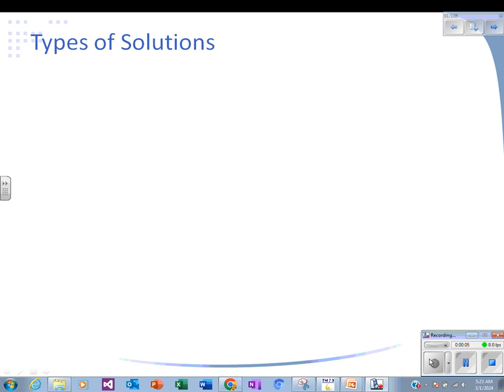Howdy, y'all. We are talking about concentration today, so let's get to it of our solution chemistry. There are three types of solutions when we're talking about concentration. There were three types of solutions when we were just talking about types of solutions, solutions, colloids, and suspensions. But when we're talking about concentration of solutions, there are also three categories. Those three categories or types would be